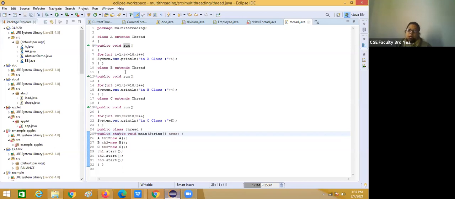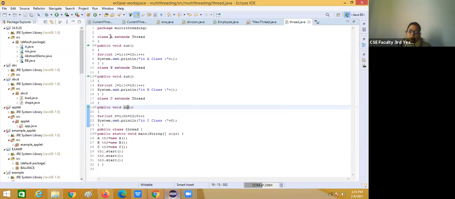But when we are going to start our child threads, for each child thread we have to implement the run method. You can see for A, here it is the run method. For B, here it is also a run method. For C, here it's also a run method.